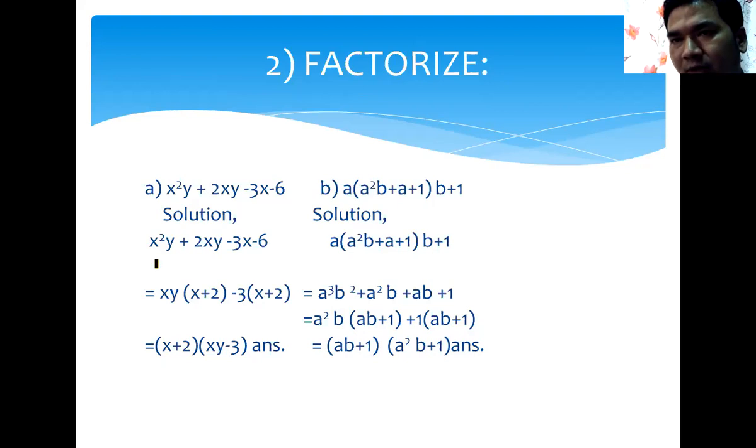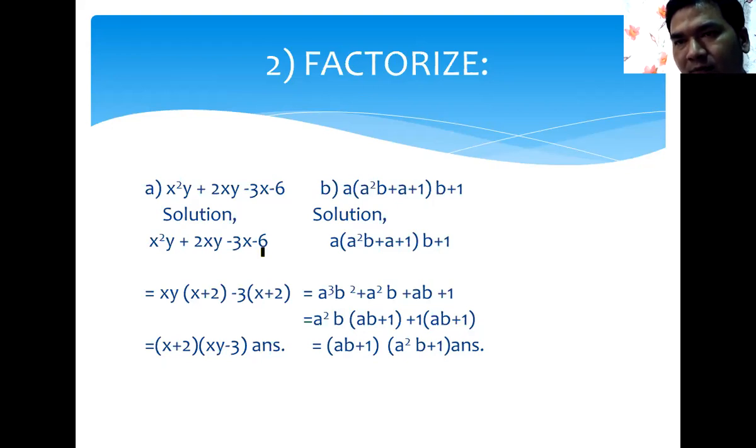Look at how this type of question is factorized and resolved into factors. In these two terms there is xy common. I'm pointing at this yellow colored one. If you take xy common here, then x remains, and plus 2 remains. And what is common in these two, minus 3x and minus 6? Minus 3 is common. If you take minus 3 common, here remains x and plus 2, because 3 twos are 6.